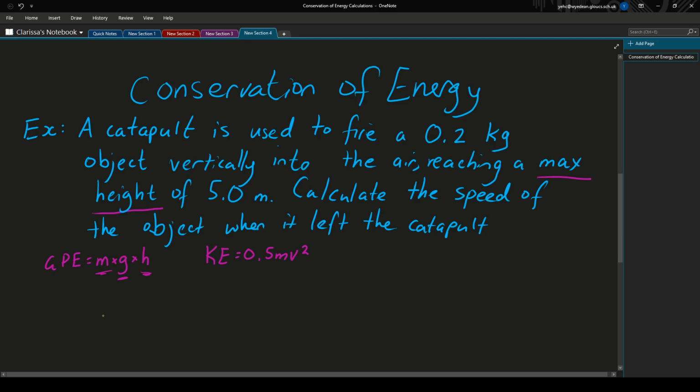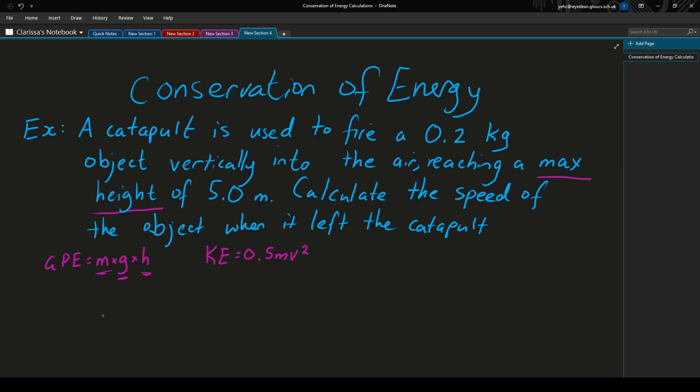Out of all of the student work that I've seen on exams that I marked, the biggest mistake is a student using the wrong number for a specific thing. They would just see a number and substitute it incorrectly. Like, for example,